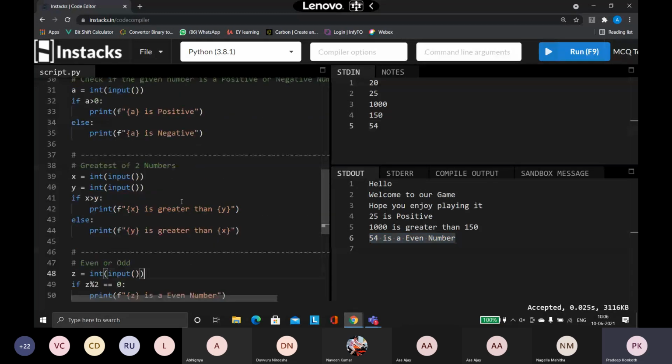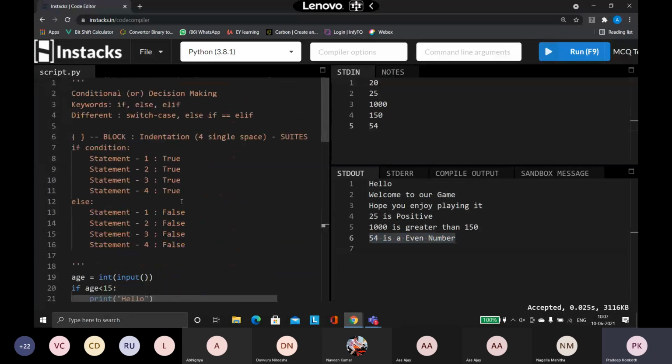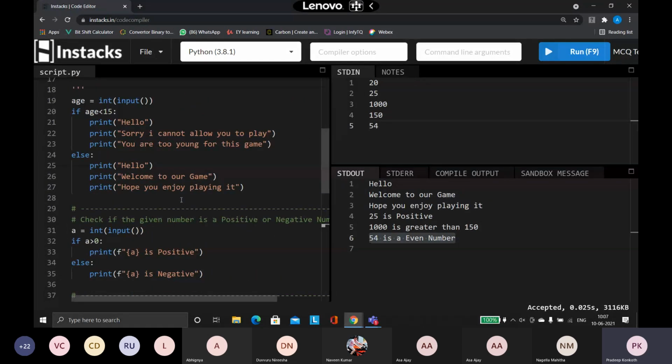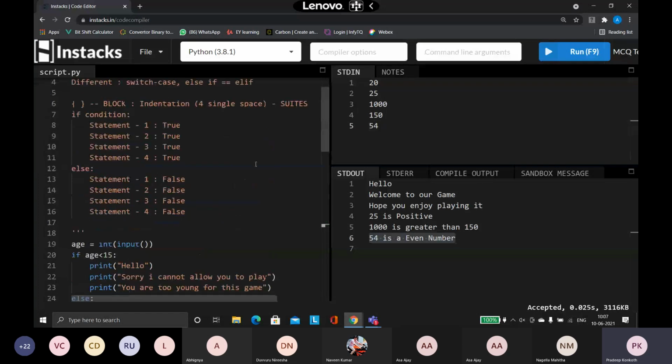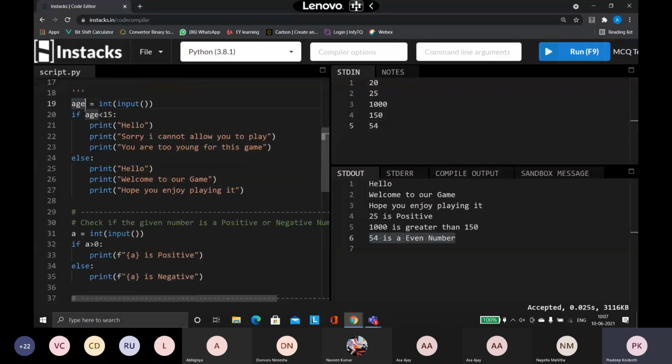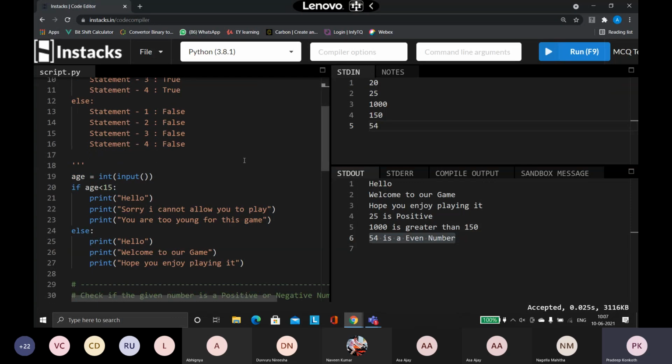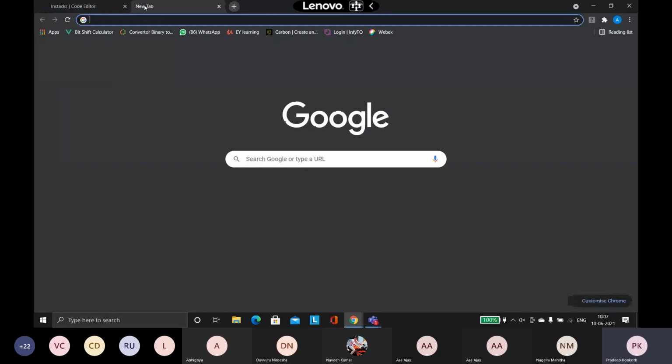So like this, we will be making use of the if-else statement in doing a lot of our calculations. A lot of our logics, we depend on the if-else condition only to solve it for us. Right. So now, where is the question of the else if or elif? Where is the question of elif coming into place? Okay, everything is working fine now. See, I have a condition. If the condition is true, what needs to be done? I know. If the condition is false, what needs to be done? I know. So now, where does the question come where I should make use of the elif keyword? Okay, so I will tell you a small example of the elif keyword. Where is the elif keyword?